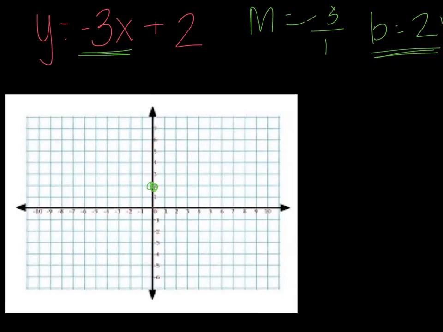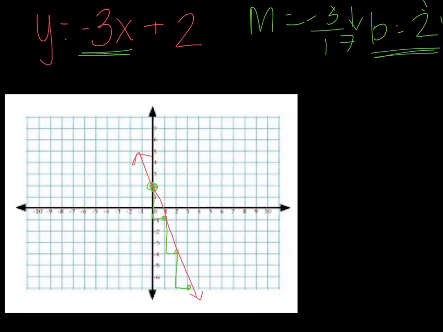Now since we have a negative 3, we're going to go down 3 and right 1. So we're going to go down 1, 2, 3, right 1, put a dot. Down 1, 2, 3, right 1. Down 1, 2, 3, and right 1. And then we're going to draw our graph